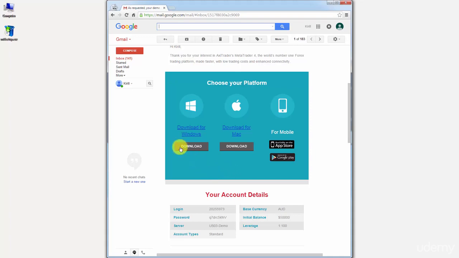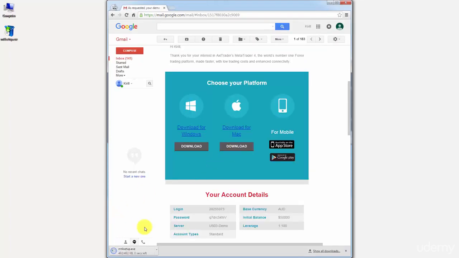In this course, however, we'll be using the Windows version. You can go ahead and use either version, whichever one is suitable for the machine that you're working on, but I'm using a Windows machine, so I'm going to download this Windows version. As you can see, the file is downloaded over here. It's a very small file, and that's because it's just an internet installer, so it'll download more files as we proceed with